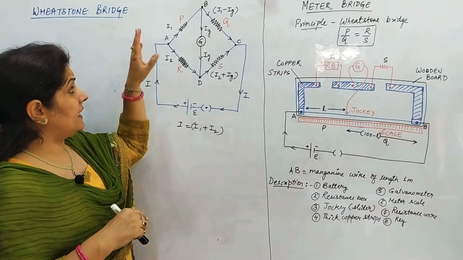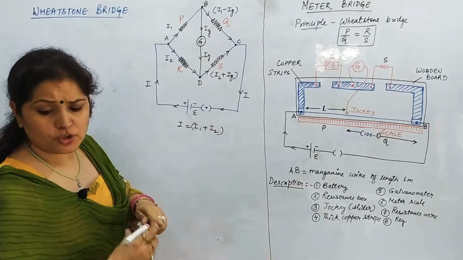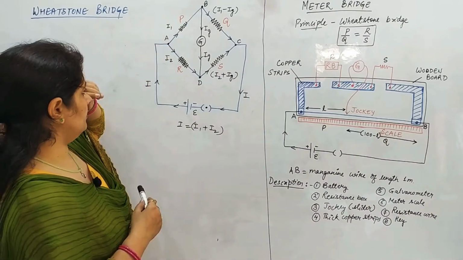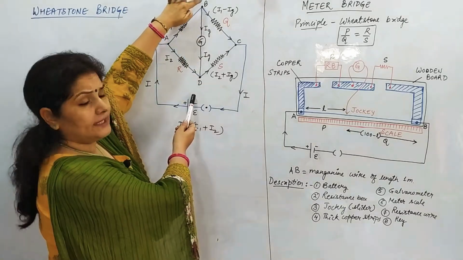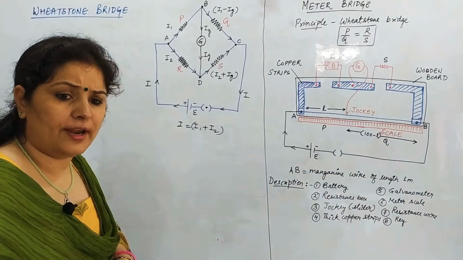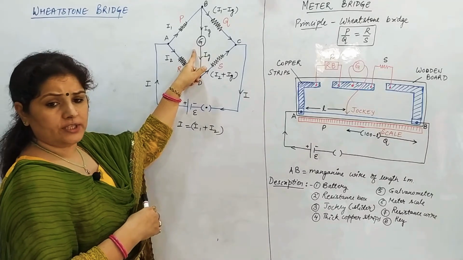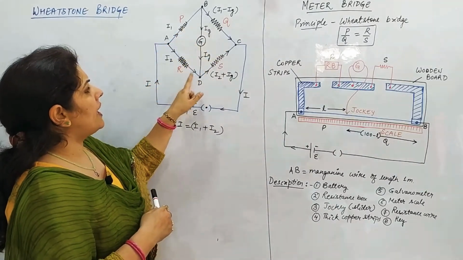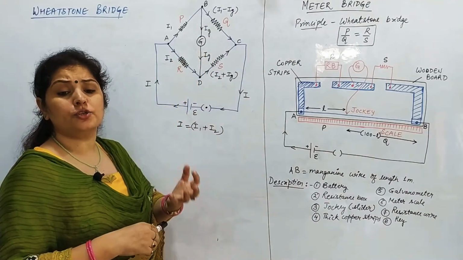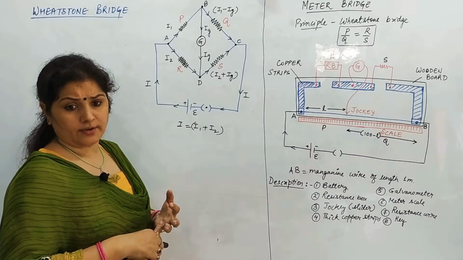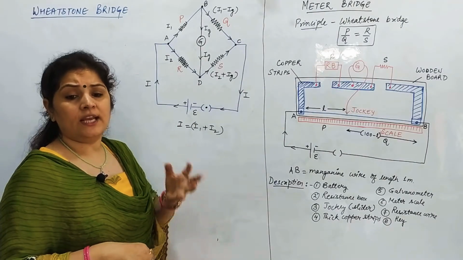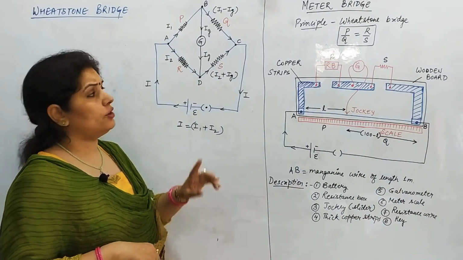So let us assume the different currents in the different branches of the circuit, right? Let us assume that the middle arm BD is having a galvanometer attached to it, and the galvanometer resistance is capital G. Resistances are P, Q, R, S, ये चारों resistances हैं. Galvanometer is a device that is used to detect current in the circuit, right? So galvanometer will also have its own resistance. Let us consider that the resistance of galvanometer is capital G.